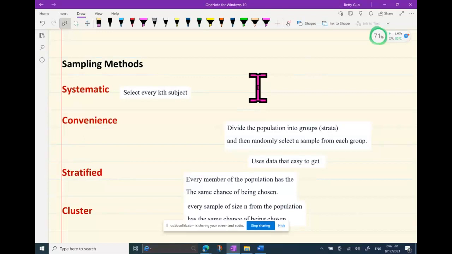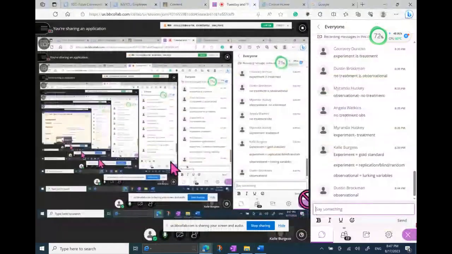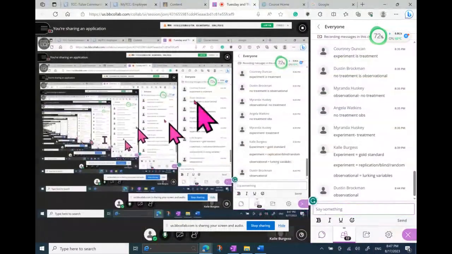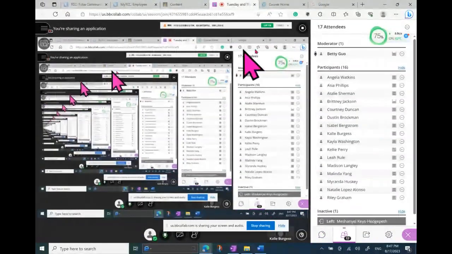In a factory, let's say the line producing cookies, the quality control staff